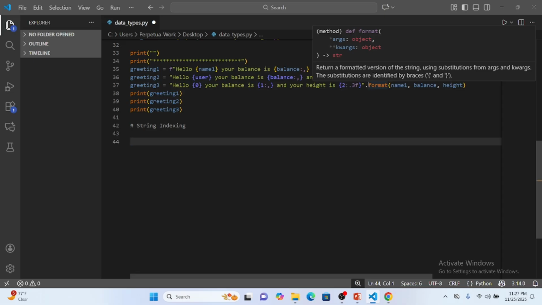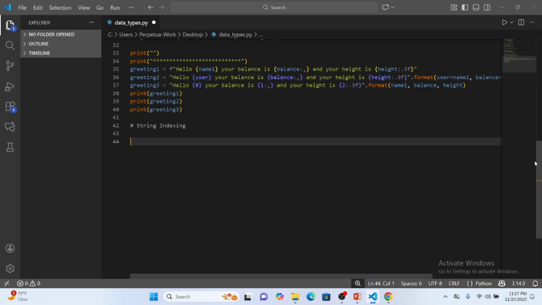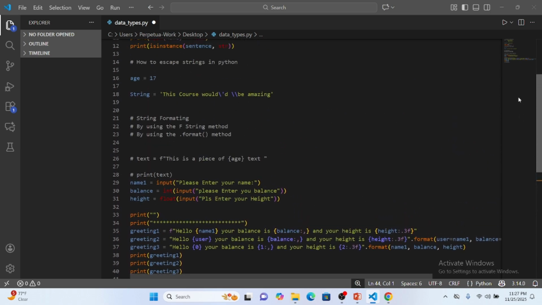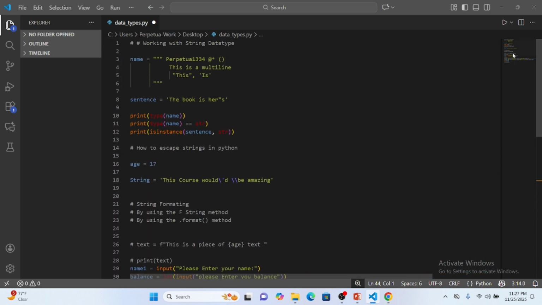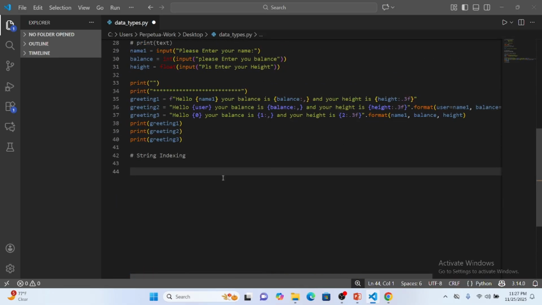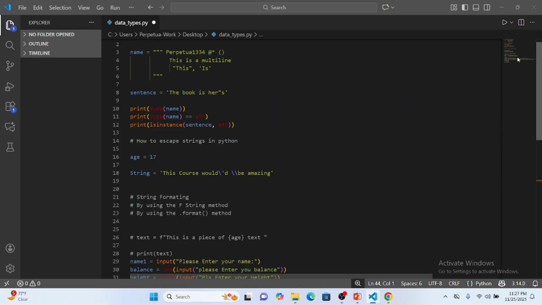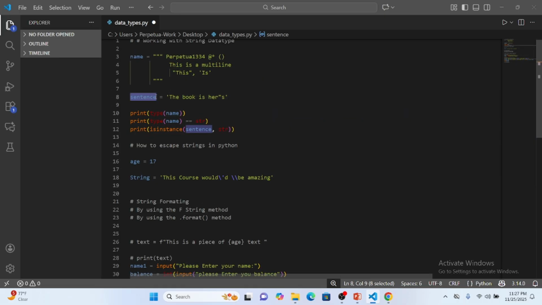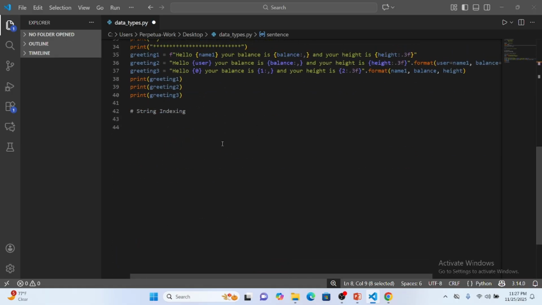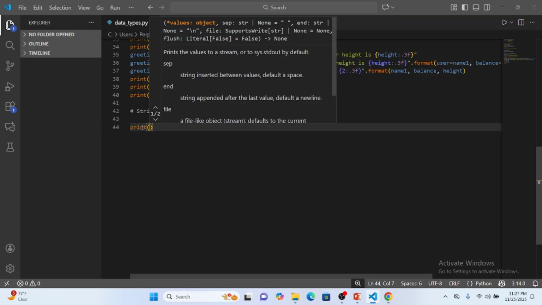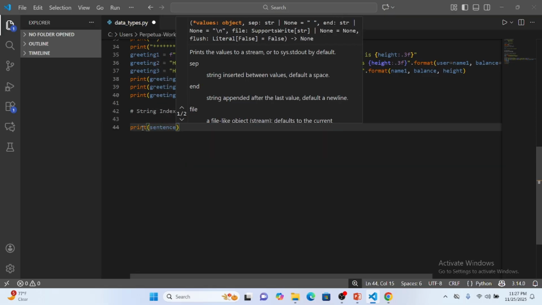So for instance, let's get one of the variables that we already have up here. This sentence variable here, I am going to access it. If I want to access it, I can just print and enter this sentence. If we print this, you find out that that particular sentence variable will be echoed